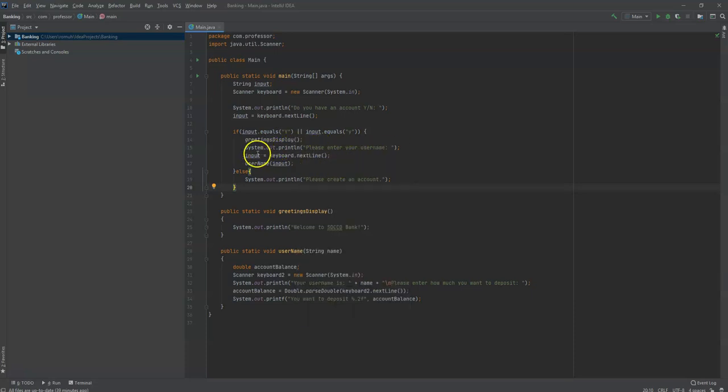And then next it'll ask you to enter your username. It'll take that username, put it into the input string variable, and then use that input string variable as an argument for the username method, which we call here. It sends that string to this method down here. Username will take that string, input it into the local variable name, which we declare in the method header, and then we also declare another variable, which is a double, and create another scanner class,